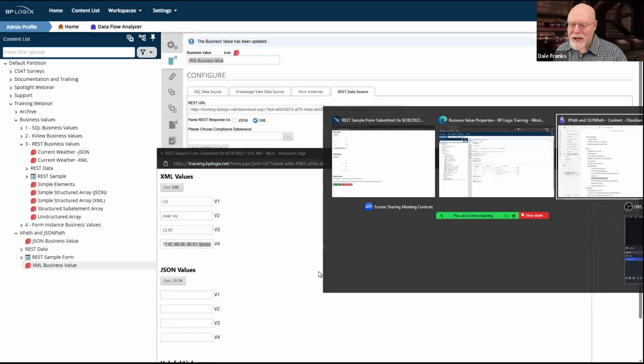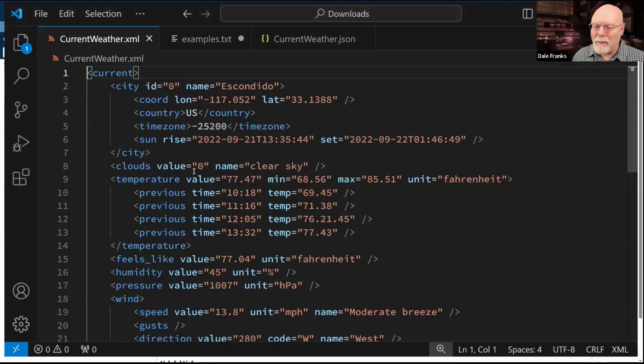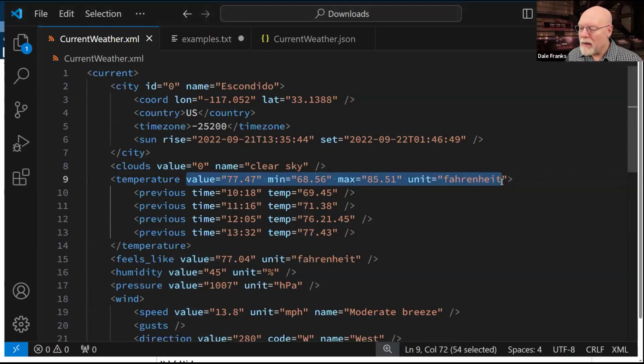And what it's actually returning from our XML are these 4 values here. That is our current temperature /at star. And that star or asterisk that I'm using just says, okay, I want to return every attribute for temperature. And so it did so. It returned these 4 values: the value, which is the current temperature, the min, the max, and the unit.